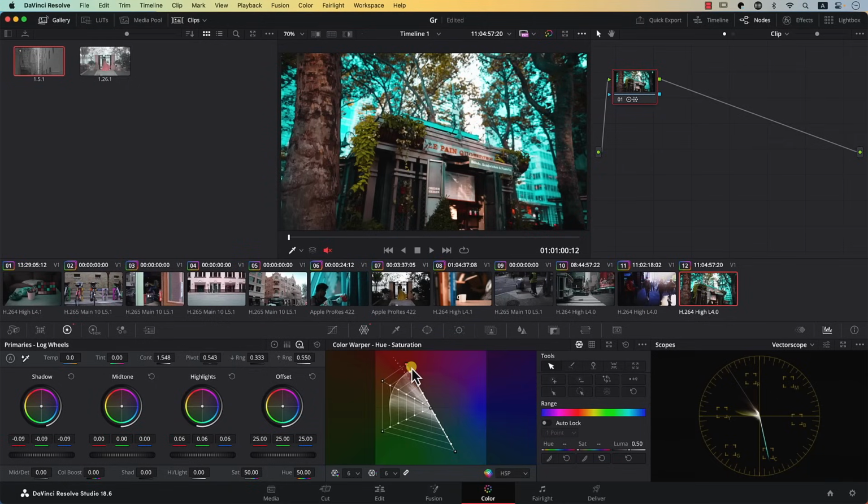Well, the color warper has its own built-in hue controller that allows us to control the hue of only the points we select. So what we'll do now is select this point, representing red and magenta, and I'll hit Command on my computer and select this point, controlling red and cyan. And notice that here in the color warper, when we select these points, we can control their hue using this hue controller here. So if I control it, notice that I'm changing the colors only of this line while preserving